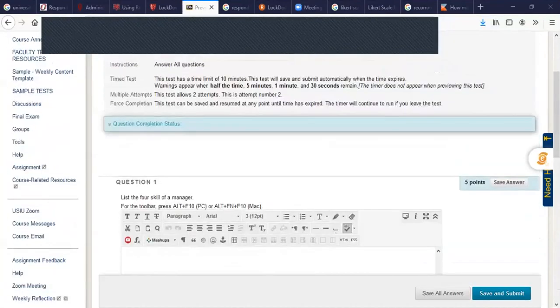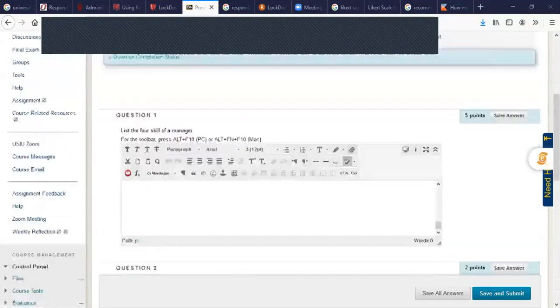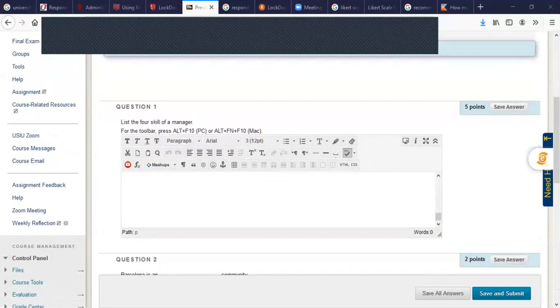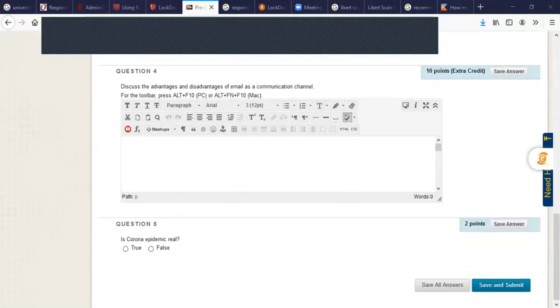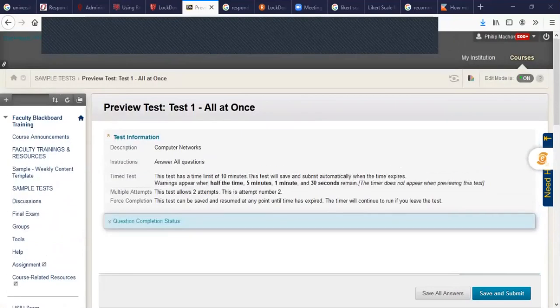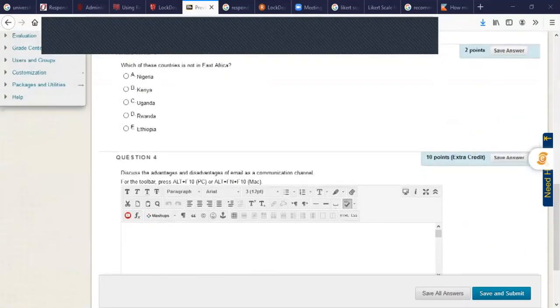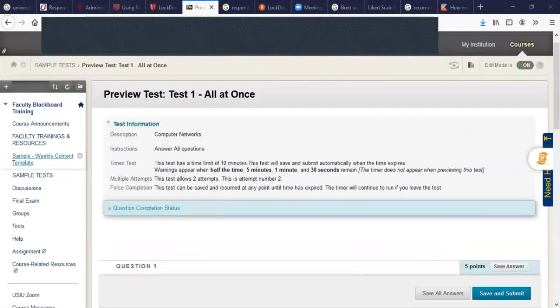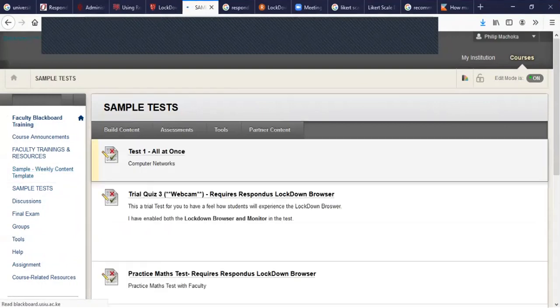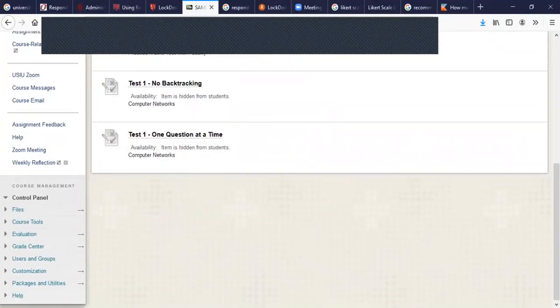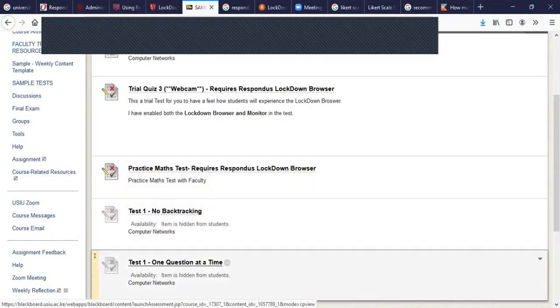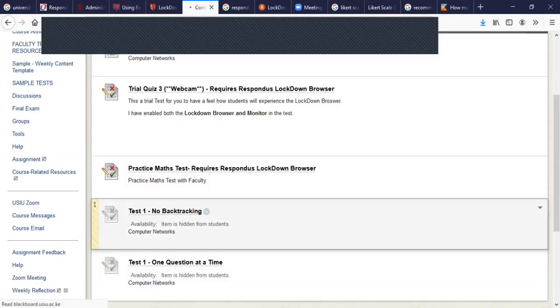For example, your instructor will give you the entire exam at the same time, and you will be able to see all the questions. So the issue of the double arrow doesn't come up. But if the instructor says that you are going to be seeing one question at a time, like this type of a test,